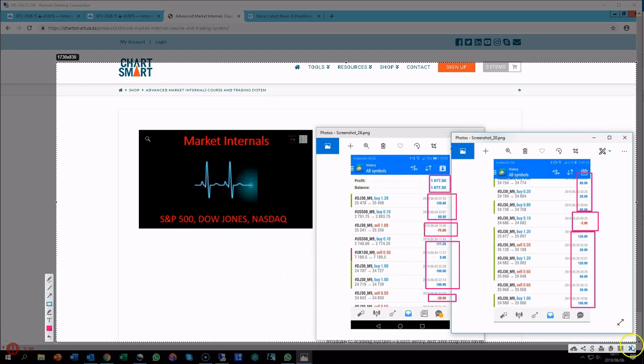And these results you're looking at here are really just over about a week, the 29th of May through to the 5th of June. So it's kind of a week's worth of work. But certainly giving you an idea of the power that these market internals offer us and the accuracy with which we can trade from.